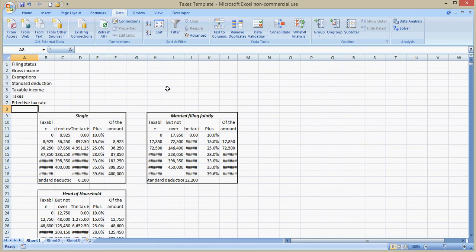Okay, we're going to look at the taxes template. Now, one of the things I want to make sure you do in this is make things look good. So all I've added is the filing status, gross income. Now, these are going to be inputs by the user. And also added exemptions, the standard deduction, taxable income, the taxes. I could call this actually taxes payable, or maybe I could use the term taxes owed, and the effective tax